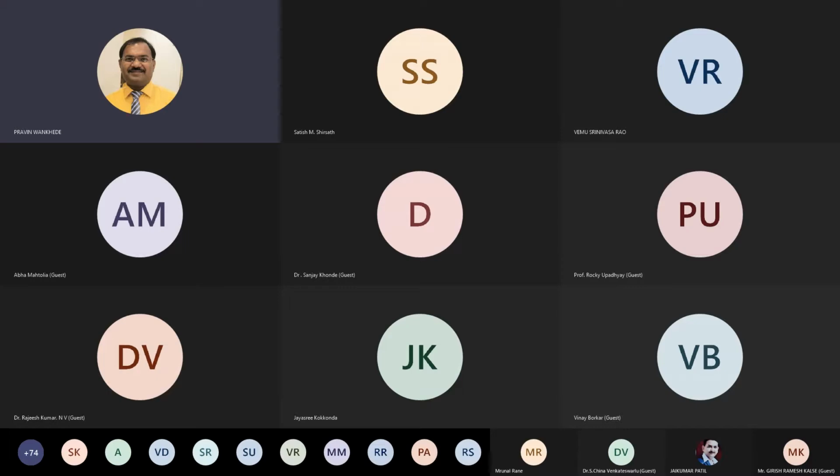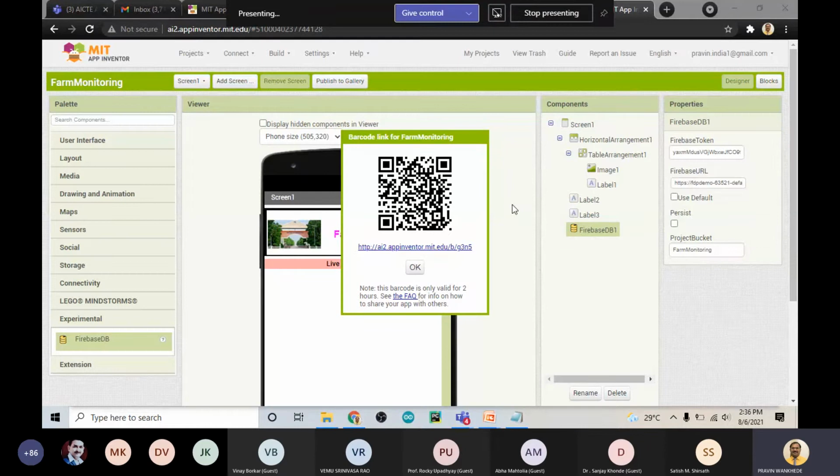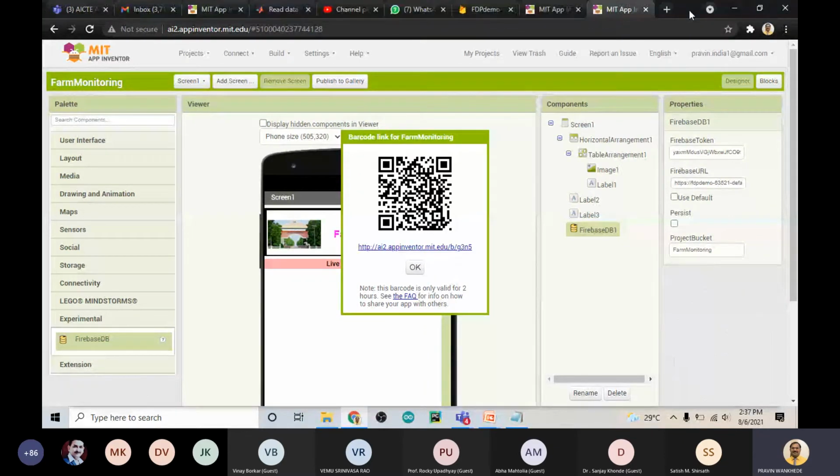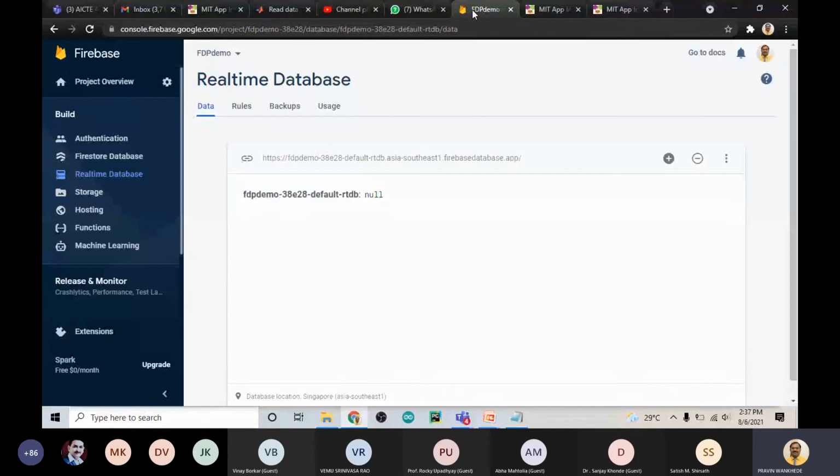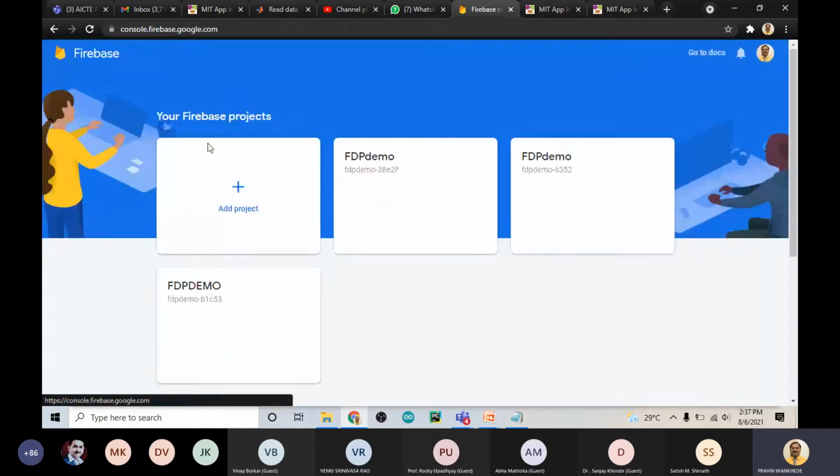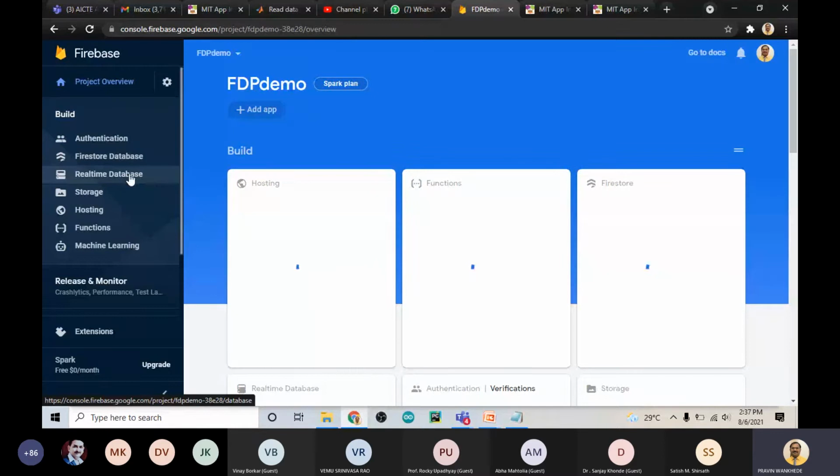Okay, so we're here. Now if I go to my database, and my project, which project I have created right now, this is the ABCD. I'll go to the real-time database.